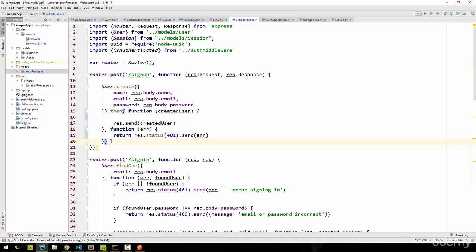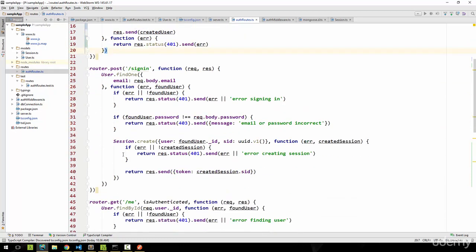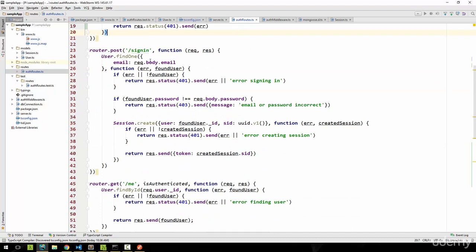Take this further. We can make asynchronous programming easier with async await. With TypeScript, there is something called async await, and what it helps us do is have a flow that looks synchronous, and then we can have a try catch block that will catch all errors for us. For example, in here we know that our find one